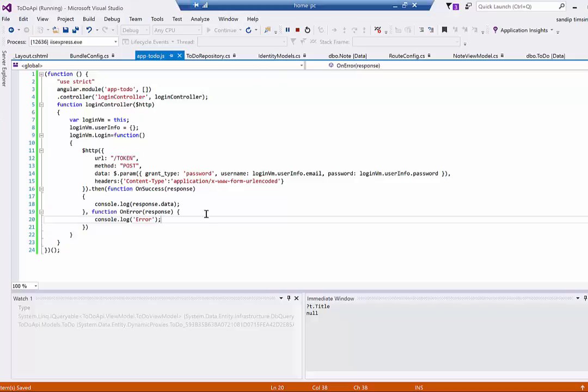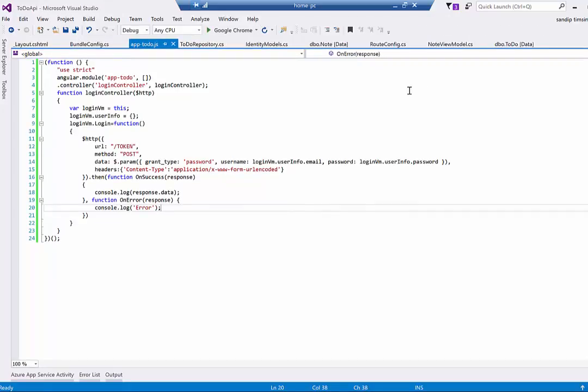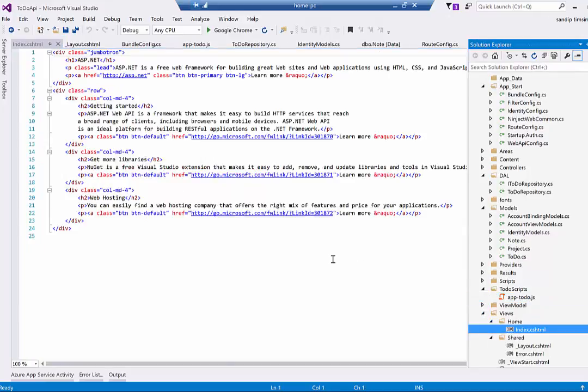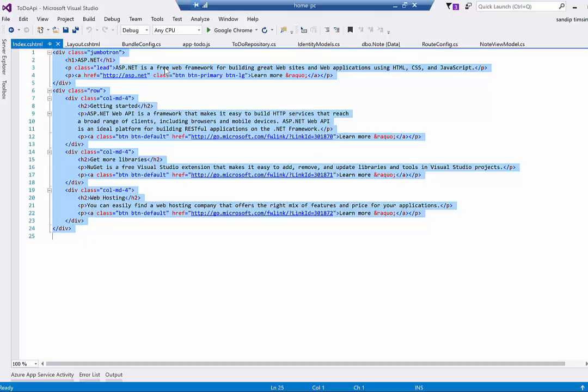Now let's develop a page where the user can actually do the login. Let us create the login page. So let's go to the Solution Explorer, Views, Home. There is index.cshtml. We'll convert this into the login page. Let's get rid of the HTML